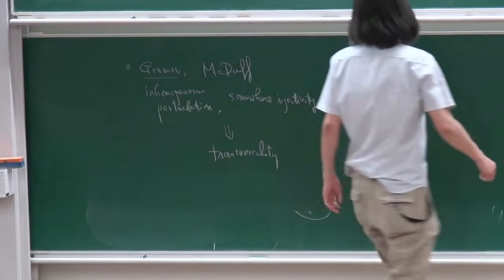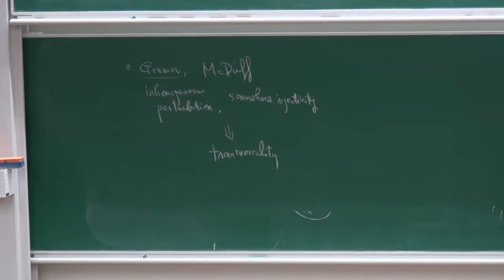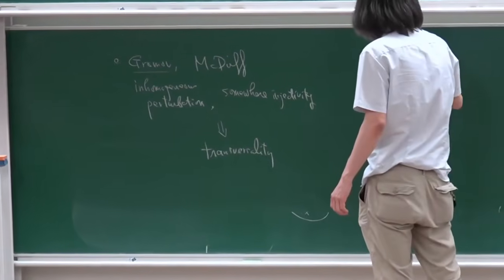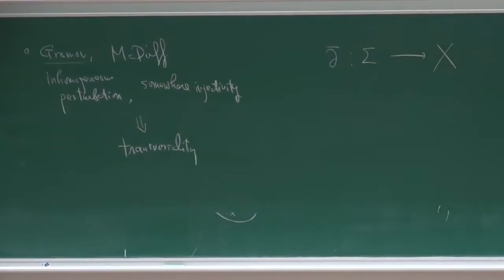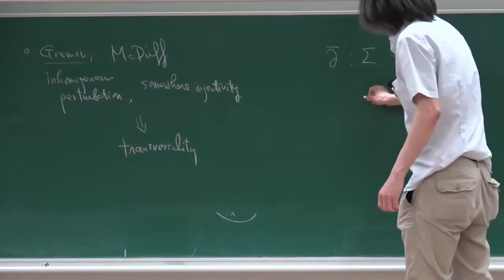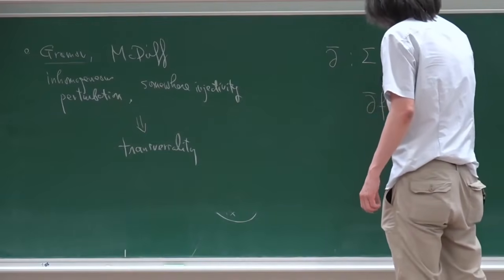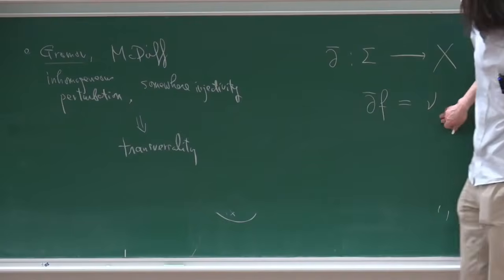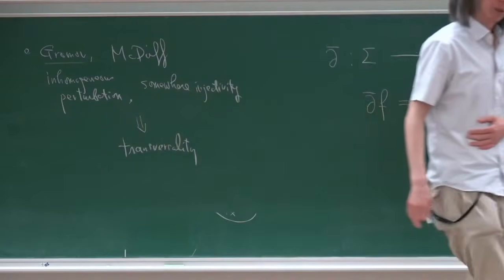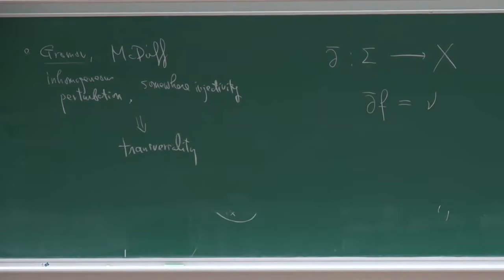So you have this d bar equation, maybe from sigma to x. Either you may consider d bar of f equal to mu by adding a certain perturbation term on the left, and then sometimes you can achieve the transversality. What we consider is basically something like a W1P map,